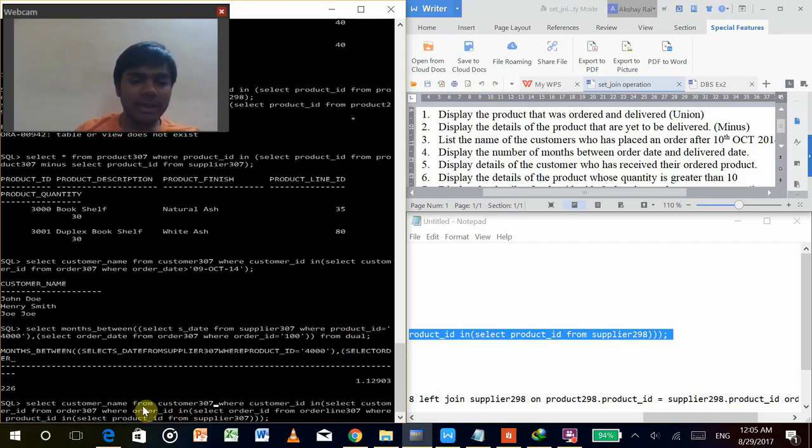So we are displaying customer name from customer table, where customer ID in. We are relating this with customer ID to the order table, as customer ID is common in order table and customer table. Then again, order ID is common in the order table and order line. So my table is not order line but order quantity,